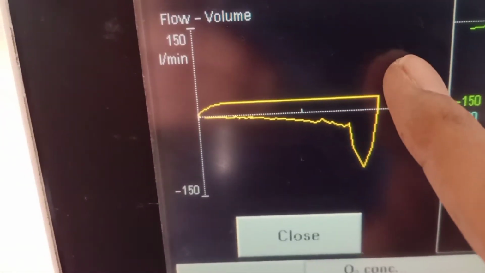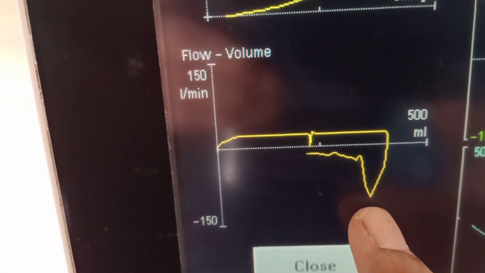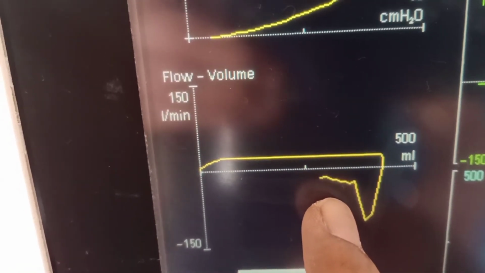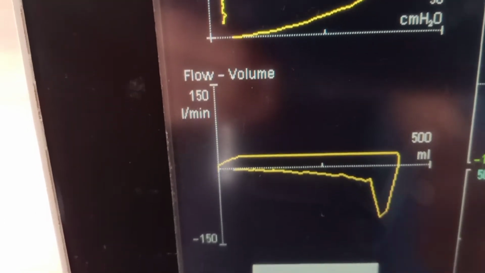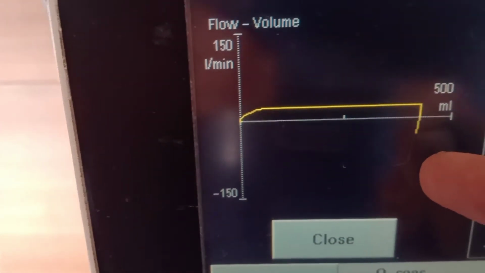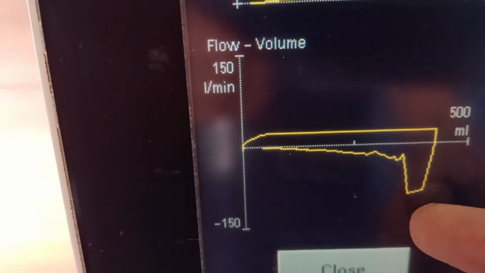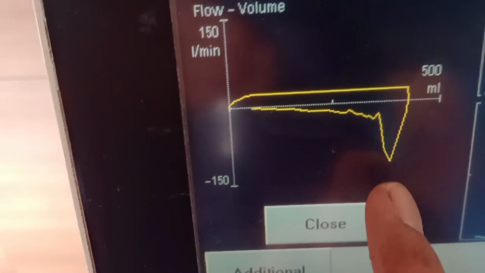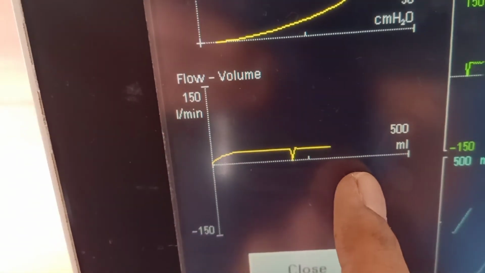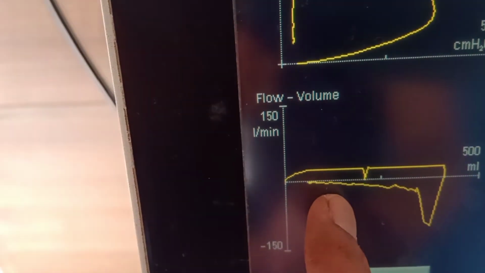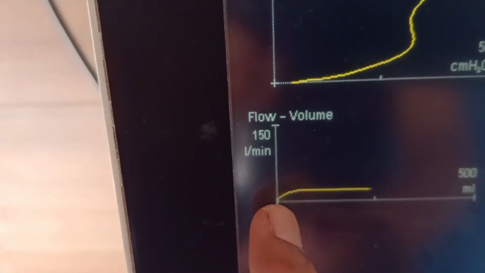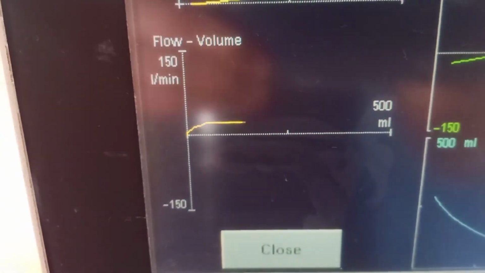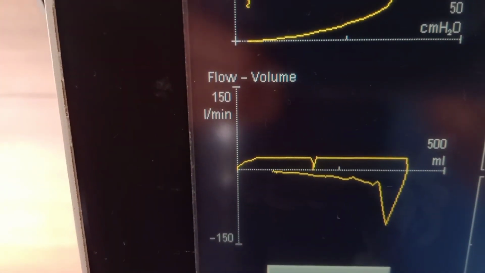the initial expiratory part is very brisk, and then there is a sharp drop, because this initial part of flow is actually because of the air contained in the tubings. But when the air has to come from the lungs, suddenly there is a drop, producing a beak-shaped pattern, and then you see it reaches the baseline very, very slowly, although it is able to do it. So we can say the expiration is complete, but it takes a lot of time to reach the baseline. Here, with a set IE ratio of around 1:2.9.